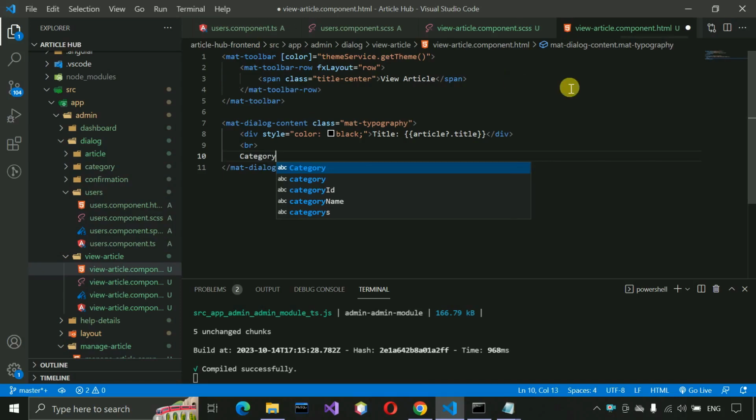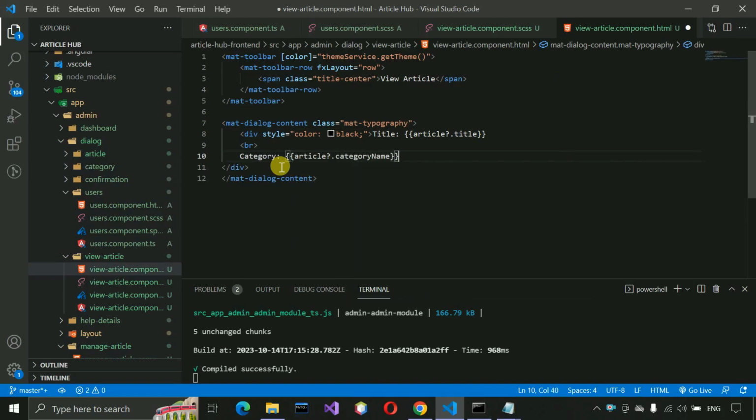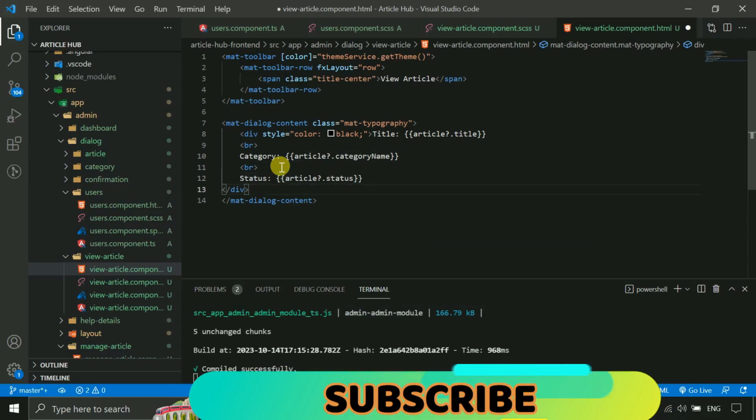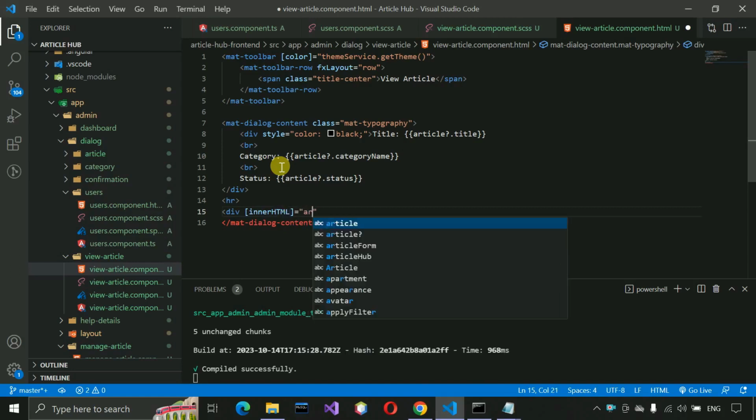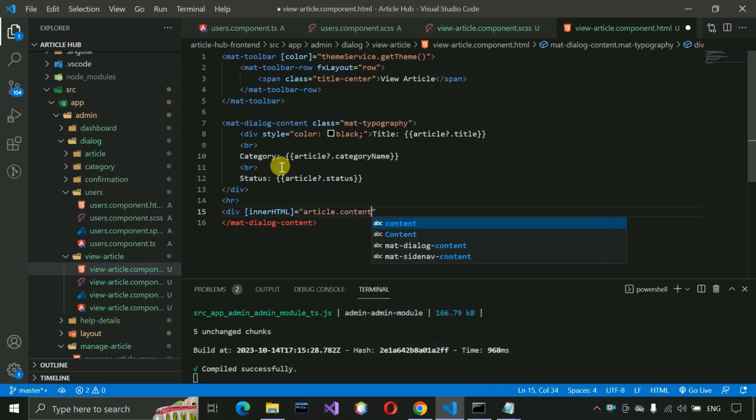and okay, the div is not closed over here, so just copy this one and paste it over here, and category and article.category name, then br, then status and article.status. After the div we need to put a line, so hr, and then we are going to use a div, and then we need to use innerHTML, which has been provided, to display the HTML content, and in this we just need to pass article.content,